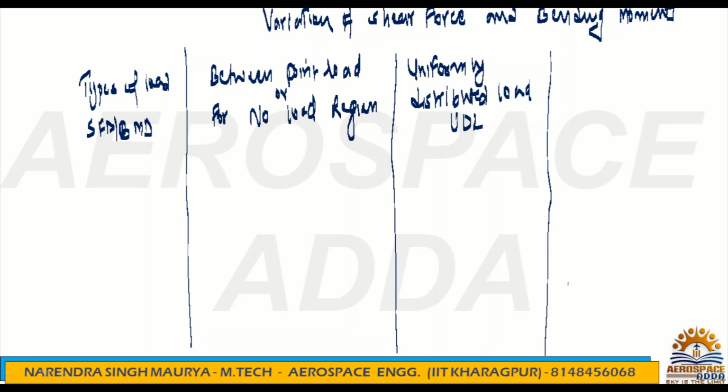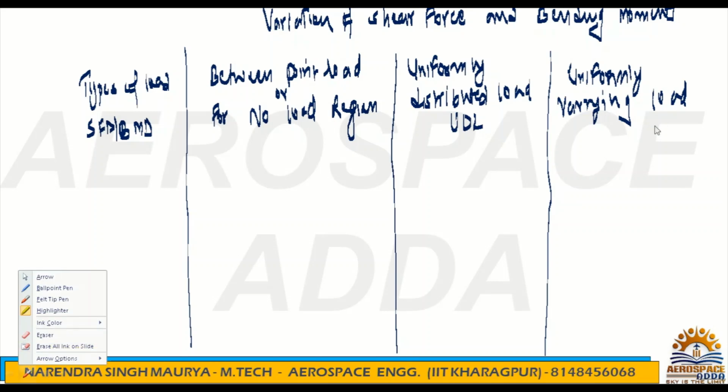Then we have uniformly varying load, which is also called UVL. Right, now coming to this,